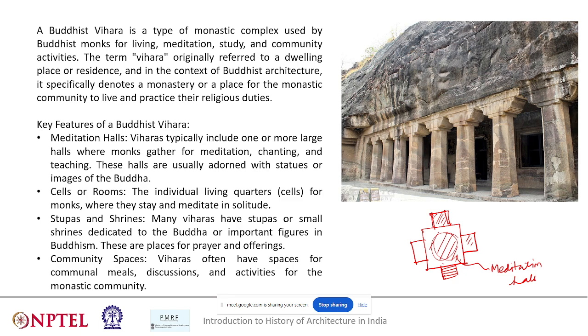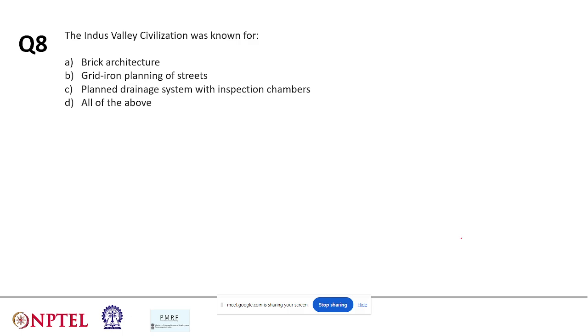Somewhere here, in some of the viharas, there can be some stupas or shrines. Also, there used to be community spaces for the monks, where they can have their meals, have discussions, and carry out activities for monastic communities. Okay, next, moving to the next question: the Indus Valley civilization was known for...